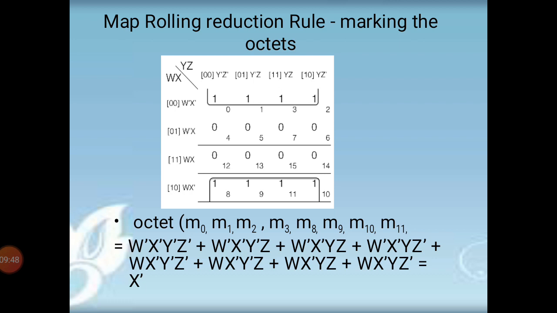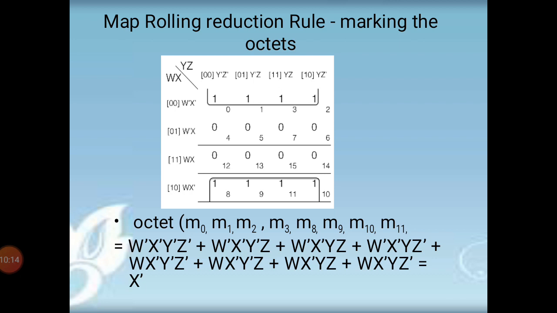The first row and the last row, all the 4 cells are rolling, and we got the octet. In this K-map we have rolled it from top to bottom.